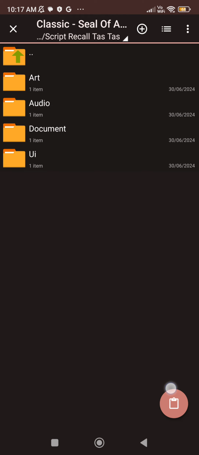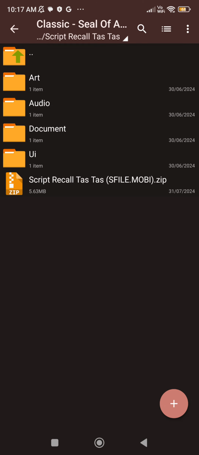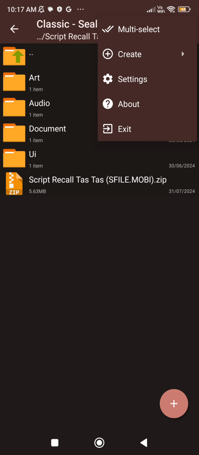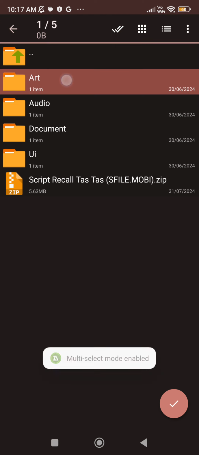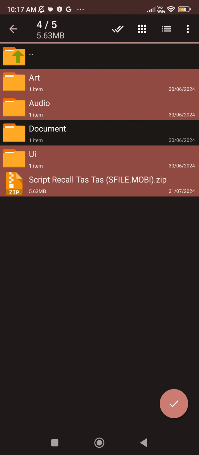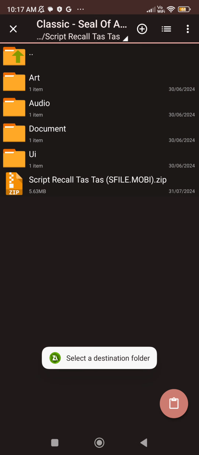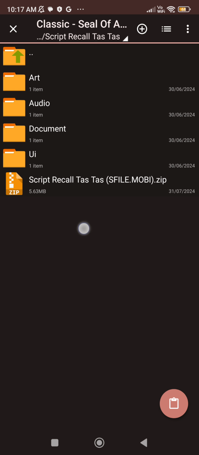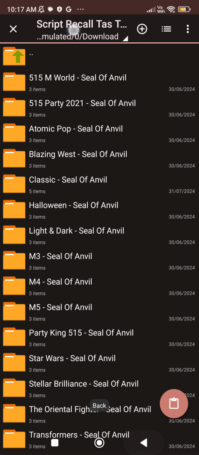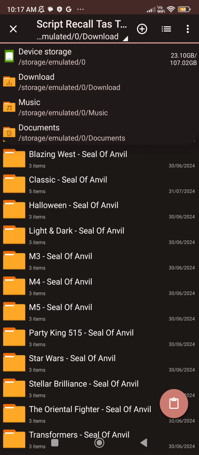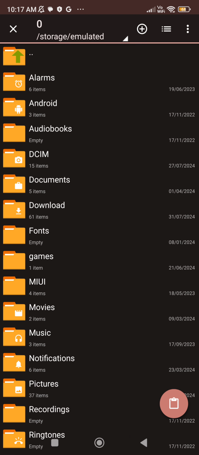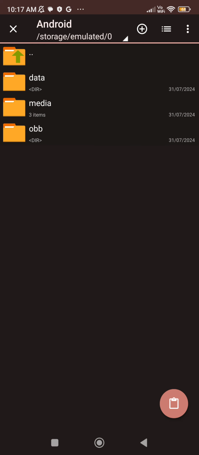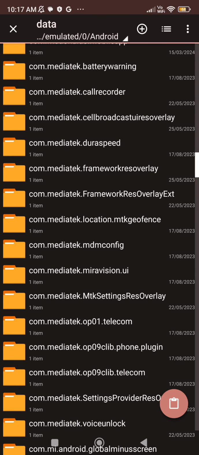After that, you can see the white dot. Press the button again, and then you can see the white dot. Just press these three dots and then multi-select. After that, select all of them except for the document and the two dots. After that, long press copy and then press, you can see the white dot, right? Press this and then press device storage and then Android and then data. Scroll down until you see